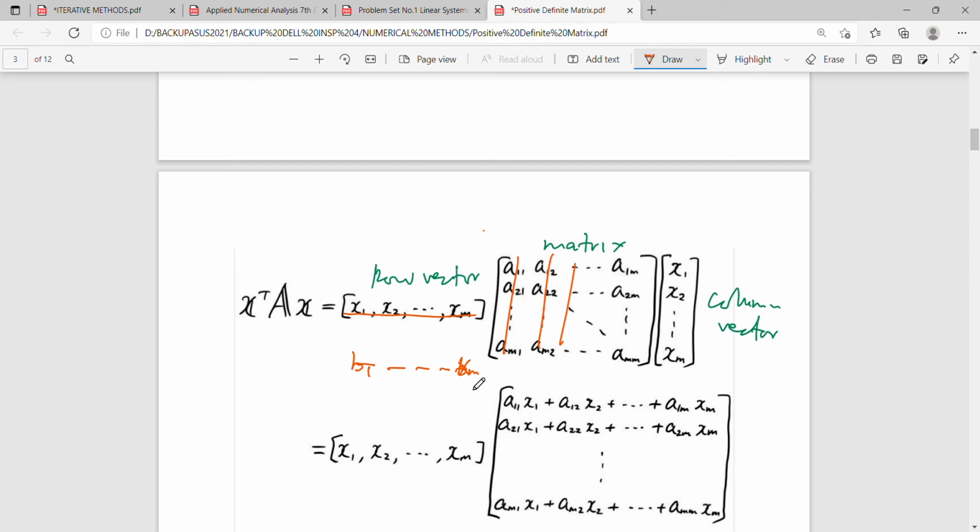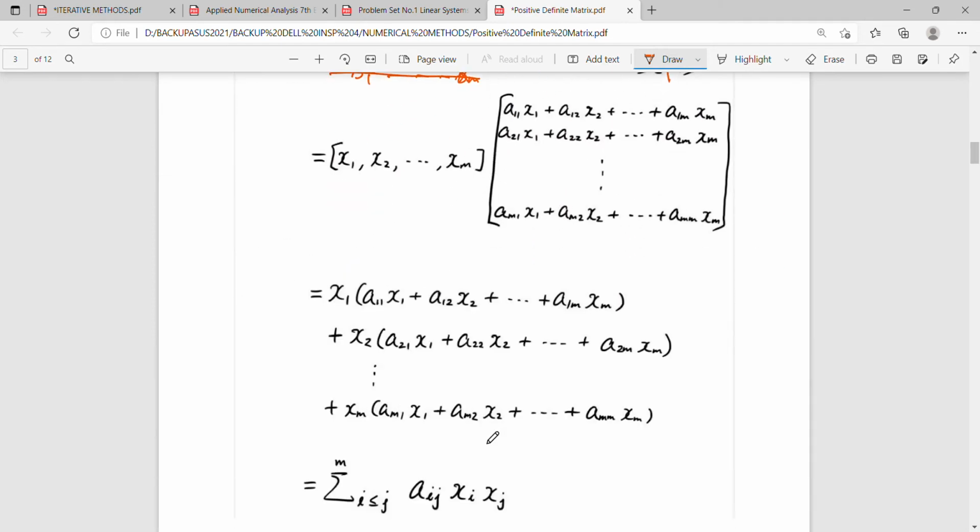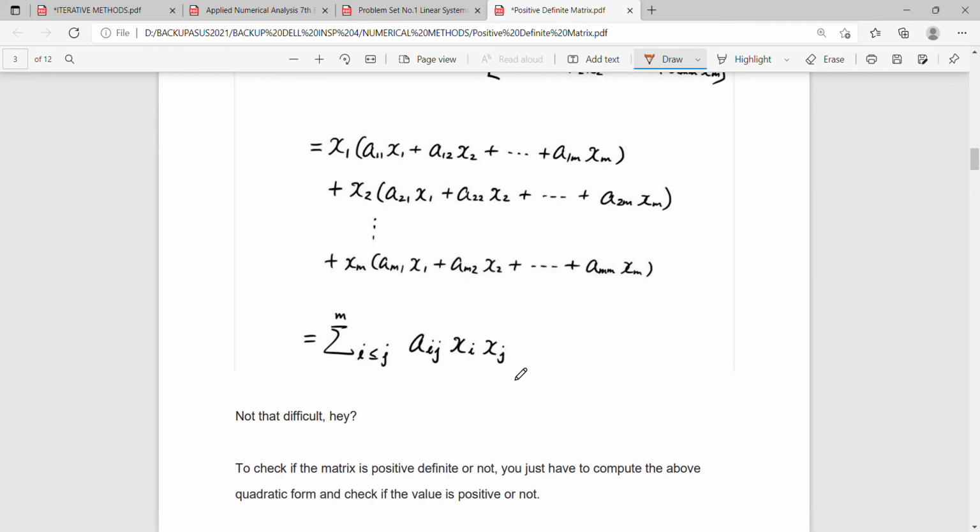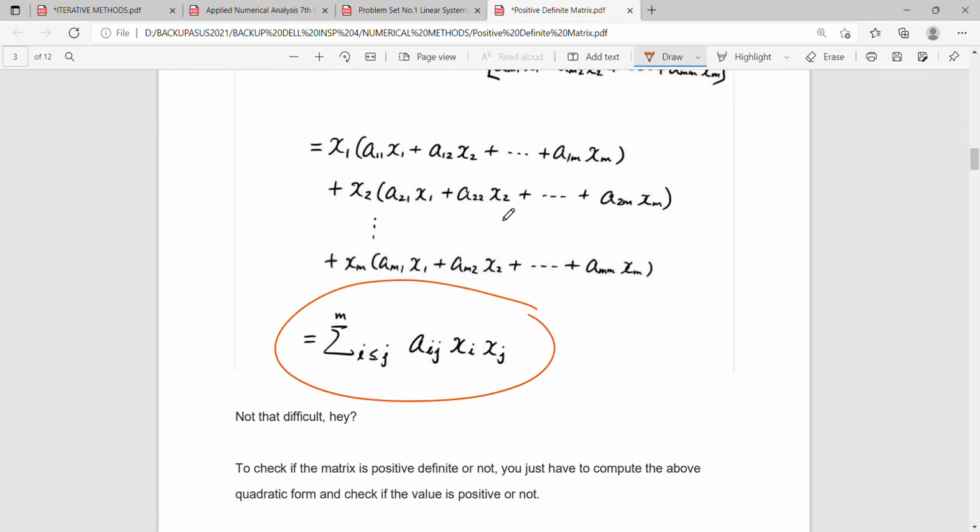Of course, the size of this is m, and the size of this is m. They will be compatible now. If I multiply this with this, I get what? A summation series, which will lead to a constant. So this is the initial format. But if you do it in terms of matrix multiplication, it's easier, and I have proven that in your